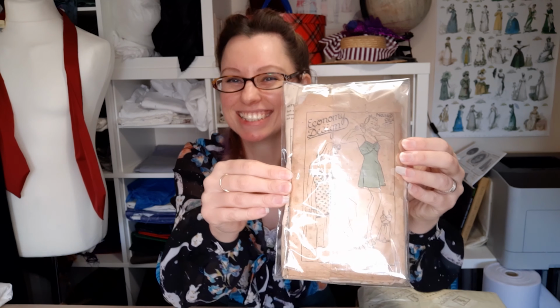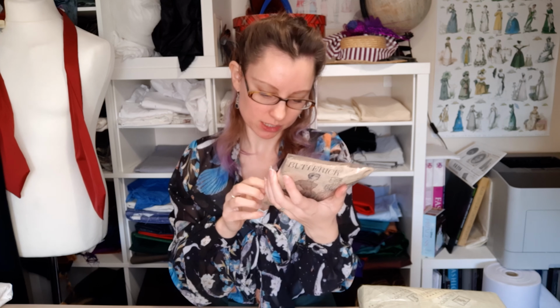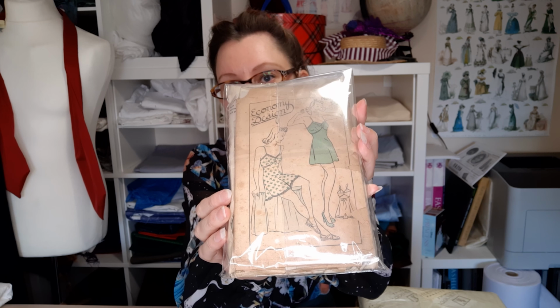I don't know, a slip petticoat. I don't know if it's a slip or a petticoat. No, oh no, it is, because you can see the little picture on there, it's got a gusset. So that was everything in that bag, so that came to £10, which I think is pretty good